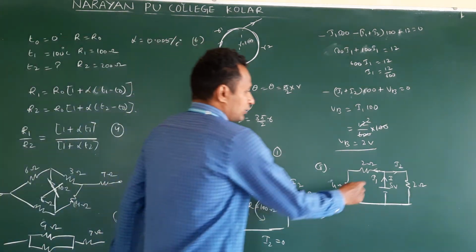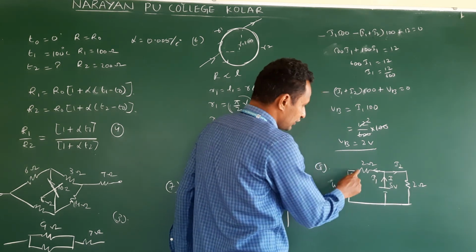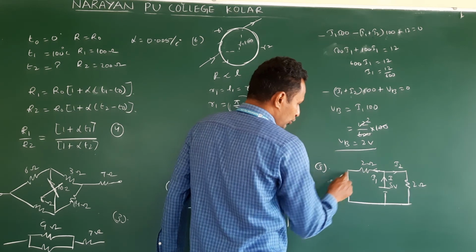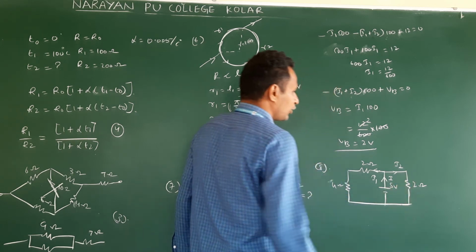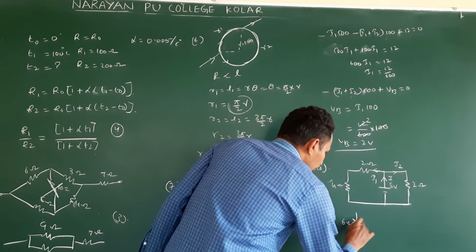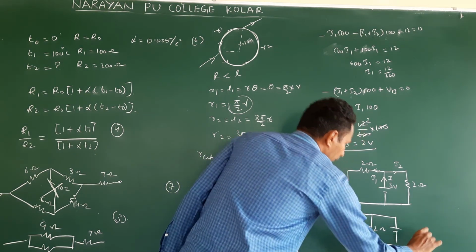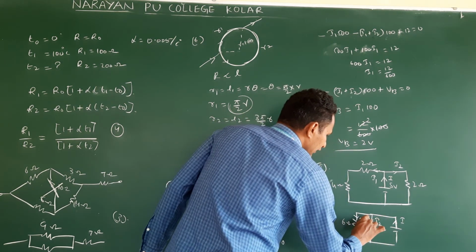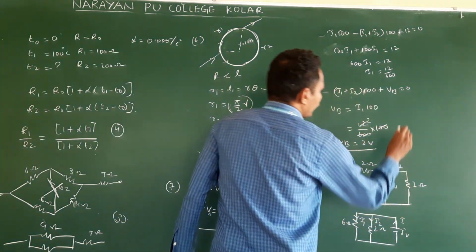Okay. Then first we need to find current I. To find the current I, we need to know the total resistance. These two are in series, parallel with 2. So 2 plus 4, 6. 6 and 2, which combination? Parallel combination. So this alternate circuit we can write: 6 ohm, 2 ohm, battery. Here current I, here I2 splitting, and here I1 splitting. Right? Then first find out the I we require.